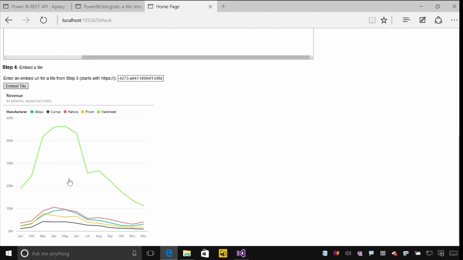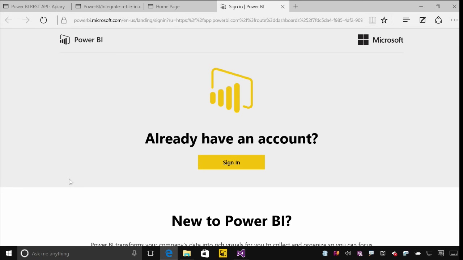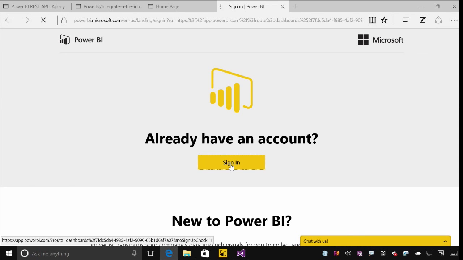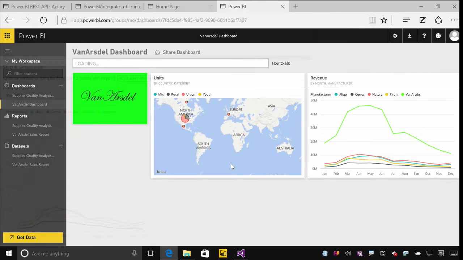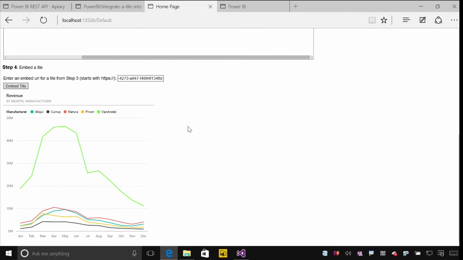And in fact, when you click on it, we'll pass that click event back through the iframe, so you can decide what you want to do with it in your application. In the sample application, we just take you back to the Power BI dashboard where the tile came from. It'll get me to sign in. I'll need to authenticate the same way as I did before, and it would take me straight through to the dashboard. So it's really simple. You can use exactly the same code that we have in the sample to integrate tiles into your own applications as well.